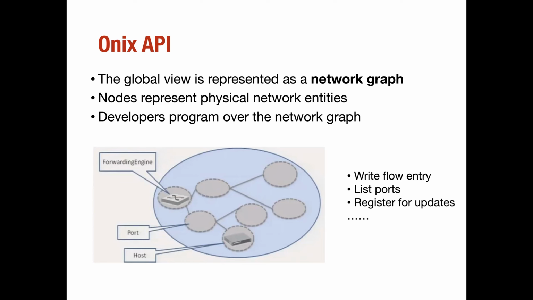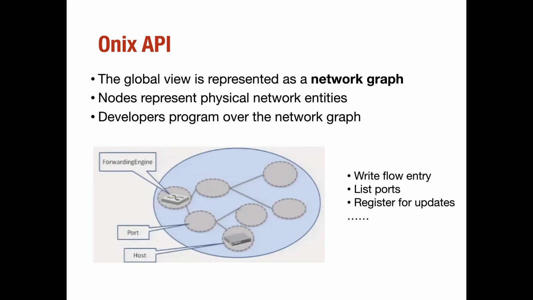And then you're not just looking at these switches. A lot of time when we think of network topologies, we only break things down at the granularity of these networking switches and links, right? But it goes one level down and has a node for the specific port that is responsible for taking the packet from the switch to a particular host, right? So a physical switch, you can treat that as a forwarding engine, and then you have a port, then you have a host, right? So it is a bit more detailed, and that allows it to independently query information from different components, right?